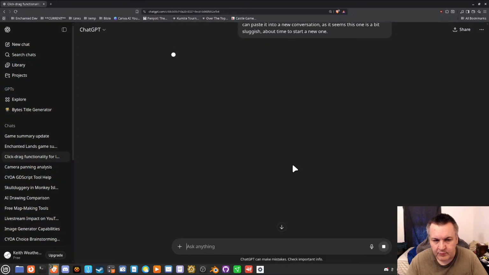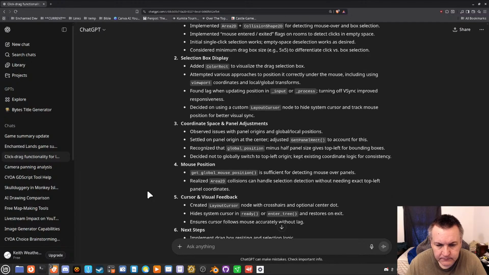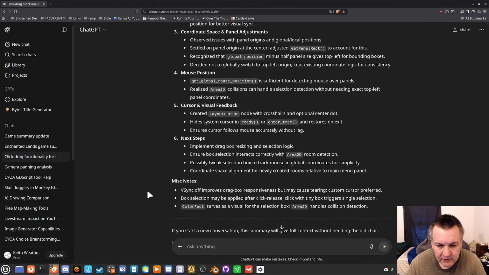Now, at least it's processing. When the little thing is pulsing, that means it's thinking or whatever, and so that means it's slow on its side. But I find that slow on this side. In other words, like right now, it's not necessarily processing. It's whatever the browser side is doing. It's doing some sort of processing. Coordinate space adjustments, mouse position.